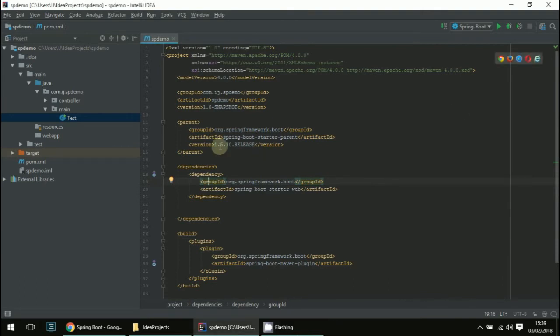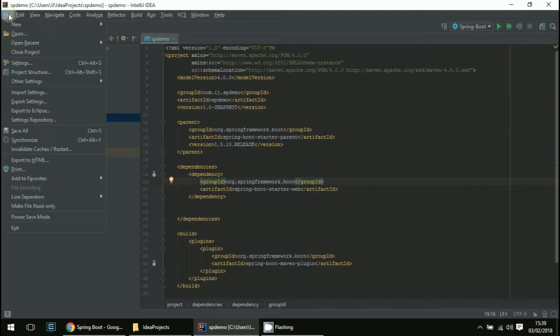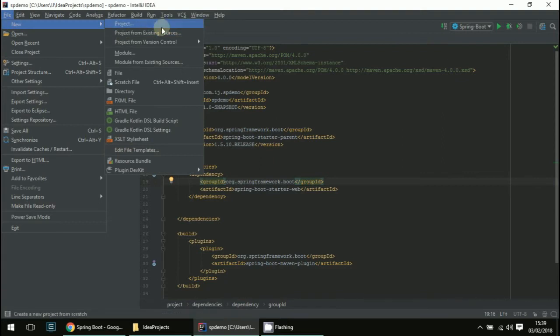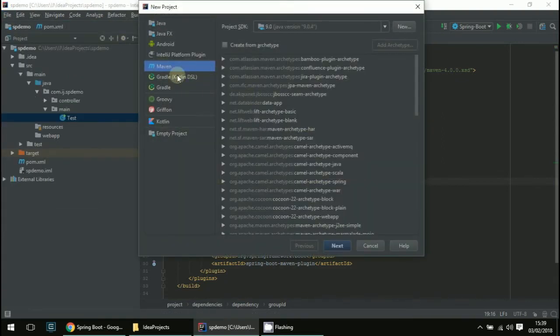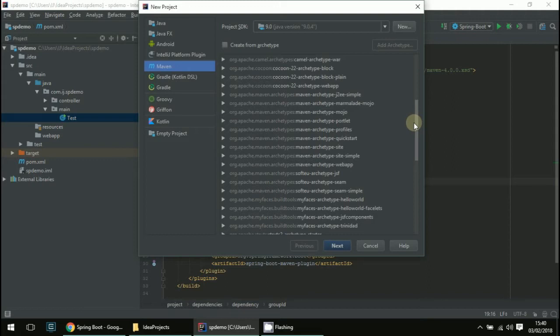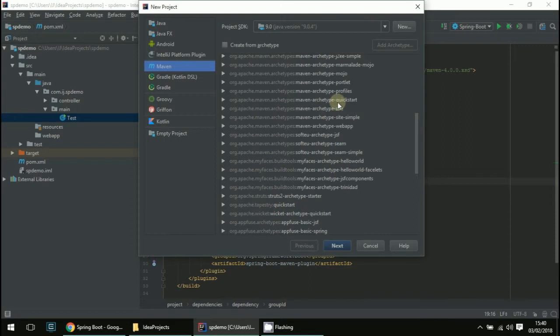I'll be creating a new project. I'm using IntelliJ, and you can use any other IDE, such as Eclipse. It's pretty straightforward. If you're using Eclipse, you can use the Maven plugin and create a Maven project. Here I'm going to create a project, selecting a Maven project, using the latest Java version. And here I'm going to select the archetype, the quick start one,